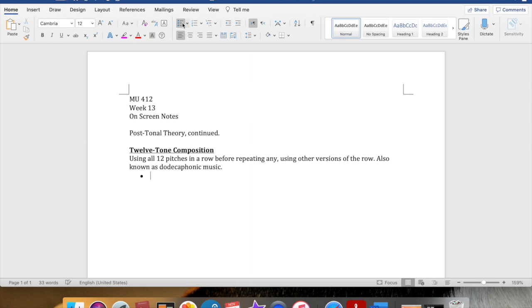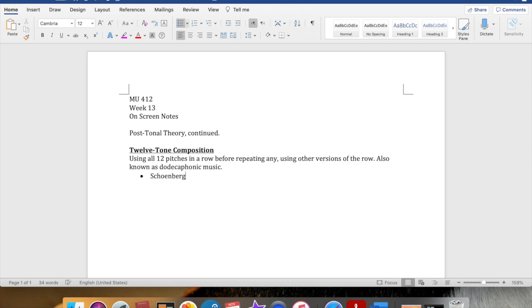Some composers that you might associate with this, especially, are Schoenberg, who we talked about in that reading. I wanted you to read that before we got to these weeks because I wanted you to think about the late tonality that we were studying back then and the transition to serialism and to post-tonal music with sets and things like that, and then this 12-tone music. And I wanted you to have a sense of where Schoenberg was coming from with it and the great care that he had for music in general and for this kind of composition.